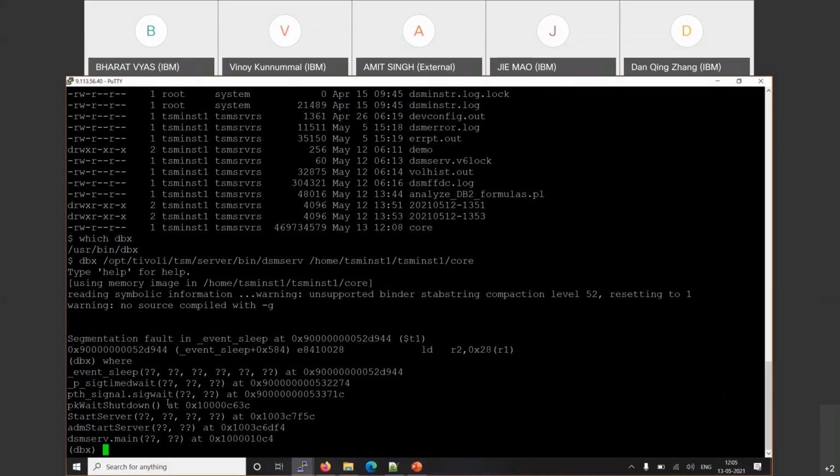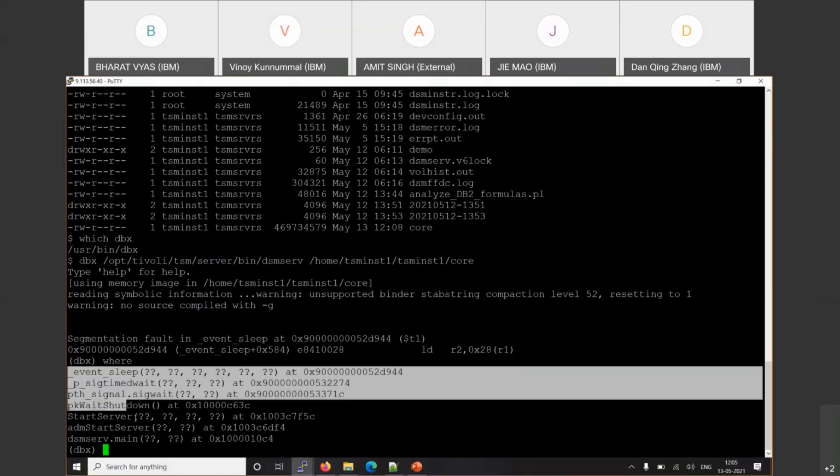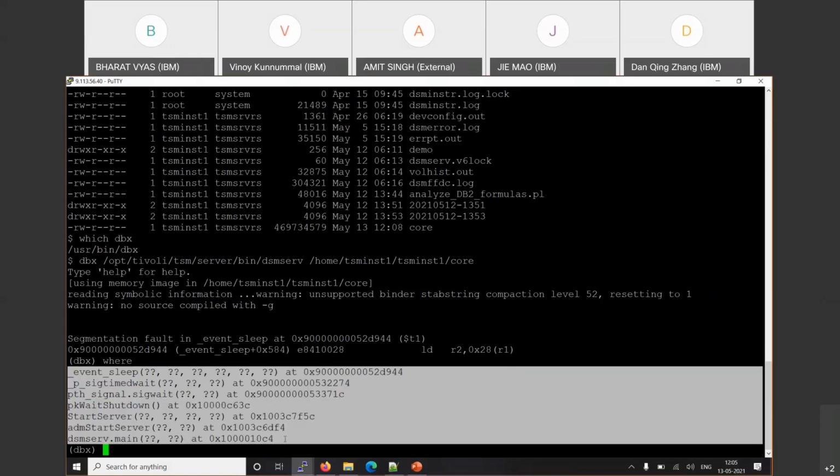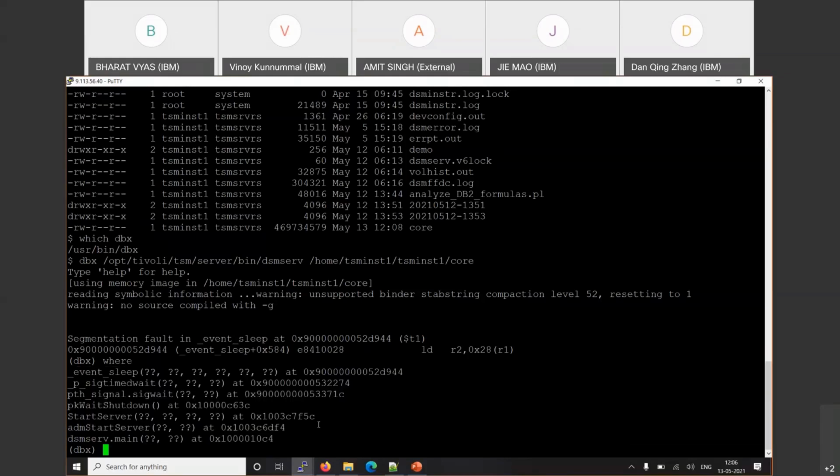Just make sure you not only compare the call stack, but also check the activity log, whether the APAR which is mentioned, which is hitting your call stack, also has detail about which operation you are performing, whether reorg or replication, and at that time you receive the crash. Then you can say, yes, I am hitting that APAR and I need to upgrade my server in case your server is down level to that APAR.